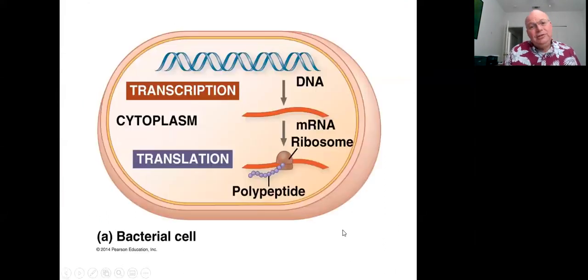And that leads us to this, again, flow of information. DNA to RNA in the form of the messenger RNA to a polypeptide. And the two processes are transcription and translation. Transcription, remember again, is changing from one form of the language to a second form of the language. So we're going from one nucleotide form to a second nucleotide form. And then translation is a change of language from nucleotides to amino acids when we go to polypeptides. And this is the flow in bacteria, DNA to RNA to polypeptide. And it is a direct flow.